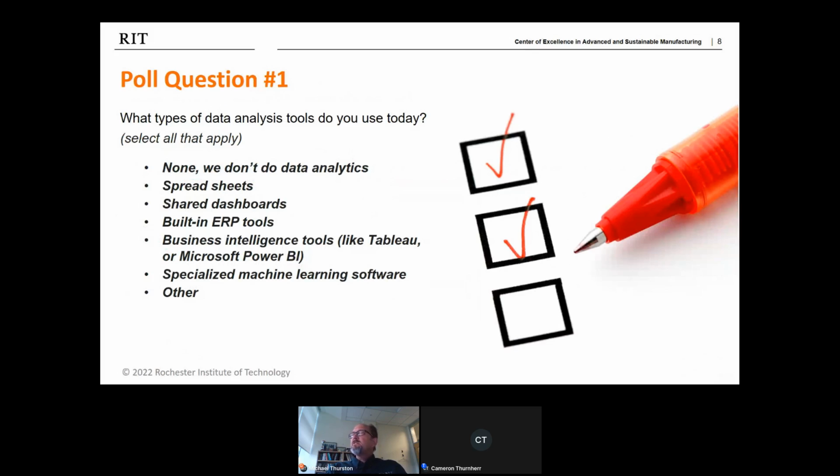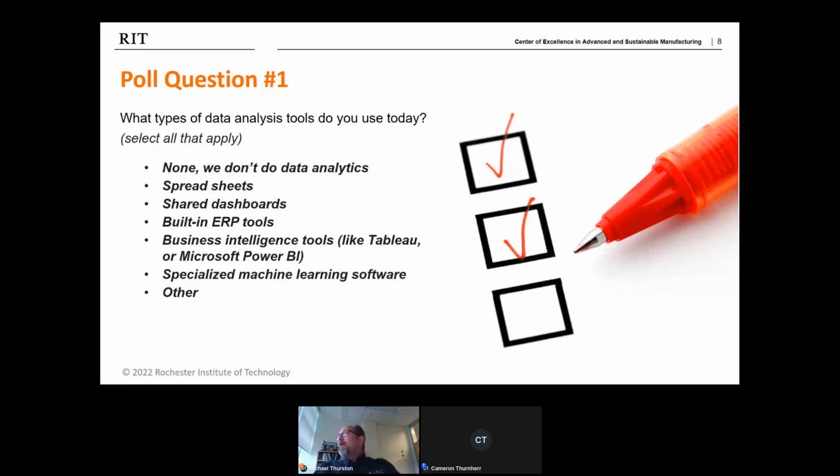So Cameron, I can see the questions, but I can't see the responses. So you're going to have to fill in. Sure thing, Mike. Yeah, we'll give a moment here to let those votes come in. Again, the polls are on the bottom right. If you want to see the results, just make sure you hit submit after you select your answer. So Mike, if you wanted to see the answers, I think you'd have to submit. Okay, yeah, I submitted my own vote there.